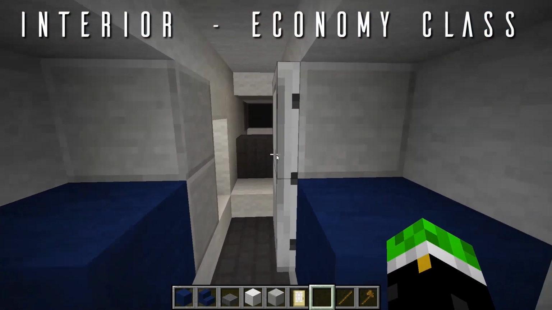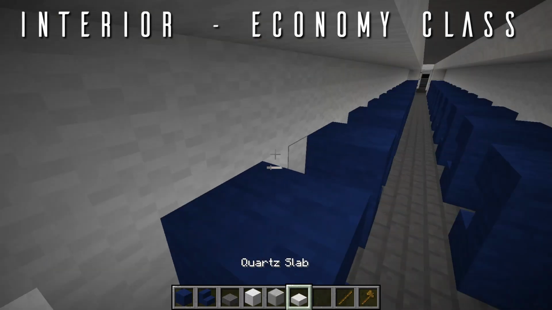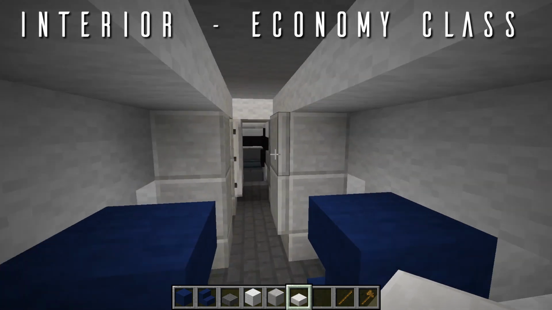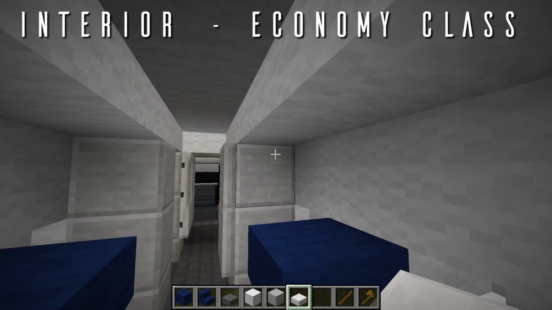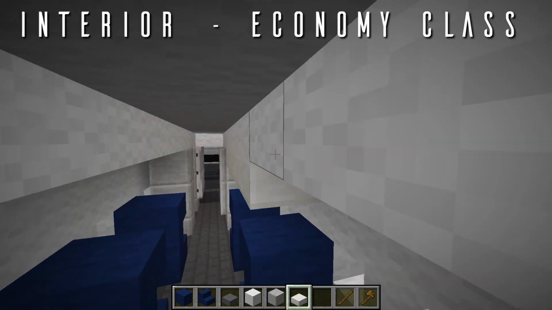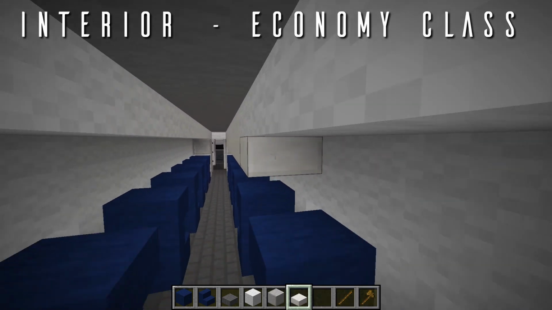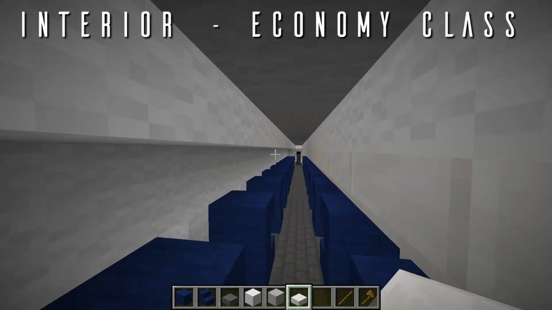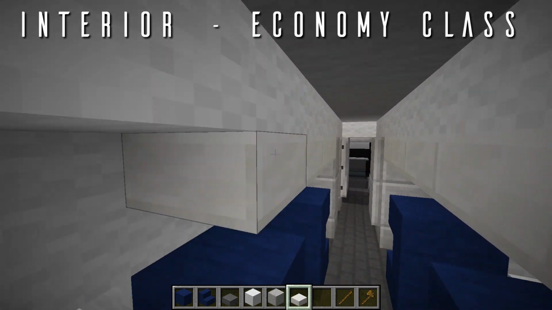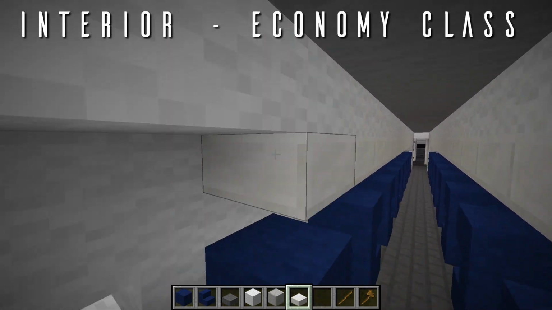Next, we're going to switch over to the torch slabs, run all the way back up to the front here from the lavatories. We're going to run a row of torch top slabs running all the way down right here on the outer edges. This will be for the overhead storage bins right here, on the right and again on the left, running all the way down until the smooth stone,